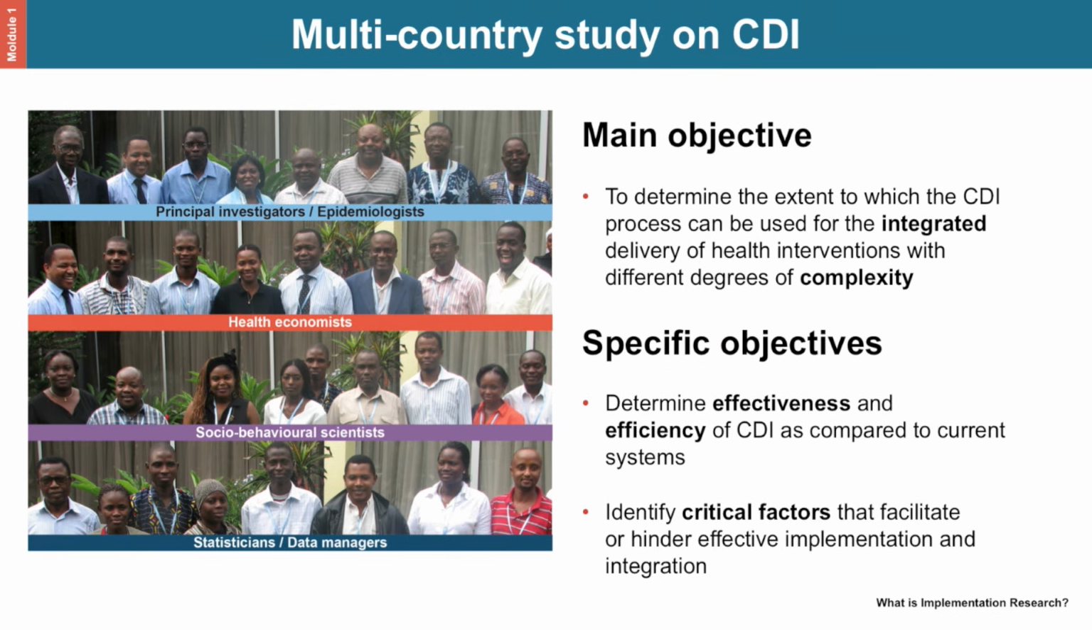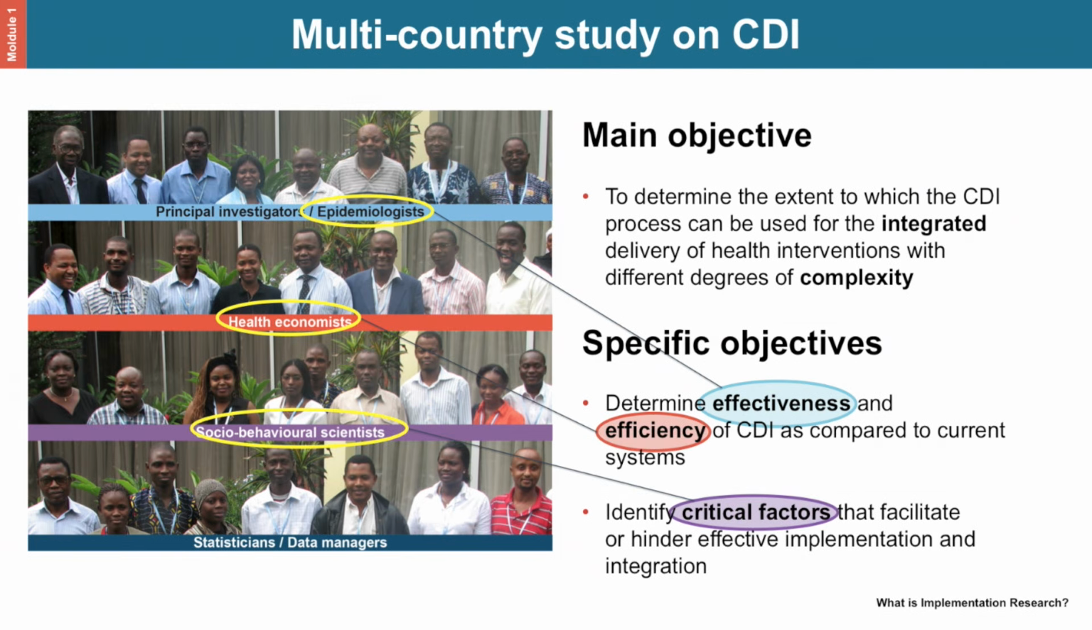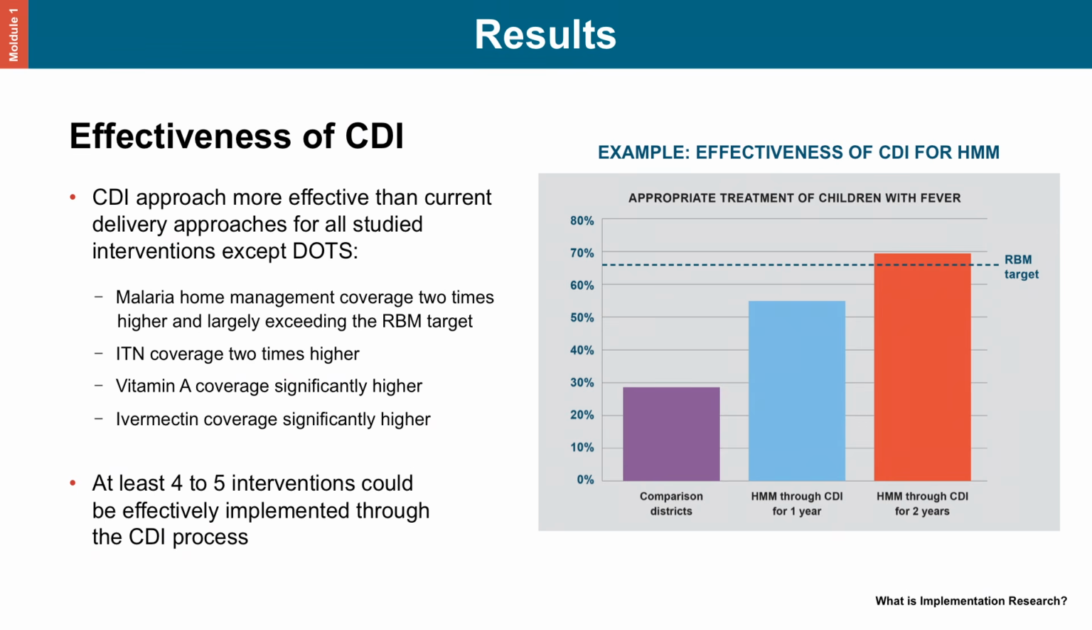Typically, as we found in the home management of malaria, a major element in implementation research is the multidisciplinary team approach, which involves experts from affected countries. You have the epidemiologists, the health economists, social behavioral scientists, statisticians, and data managers, as you will see in the picture. For all the interventions,